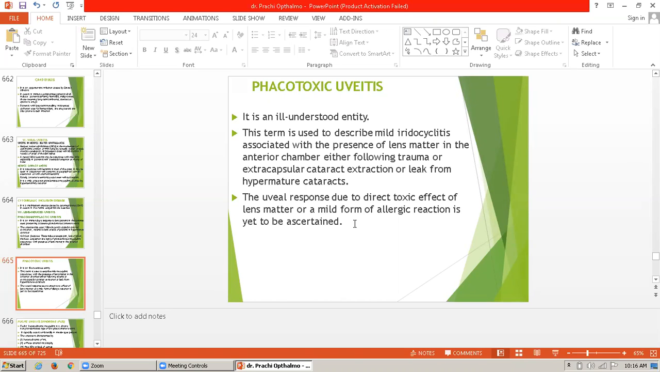It is an ill understood entity, and this term is used to describe the mild iridocyclitis associated with the presence of lens matter in the anterior chamber, either following trauma or extracapsular cataract extraction or the leak from hypermature cataract. The uveal response due to the direct toxic effect of lens matter or a mild form of allergic reaction